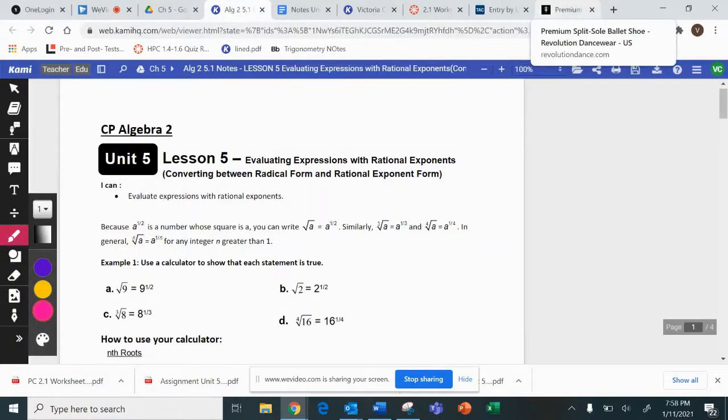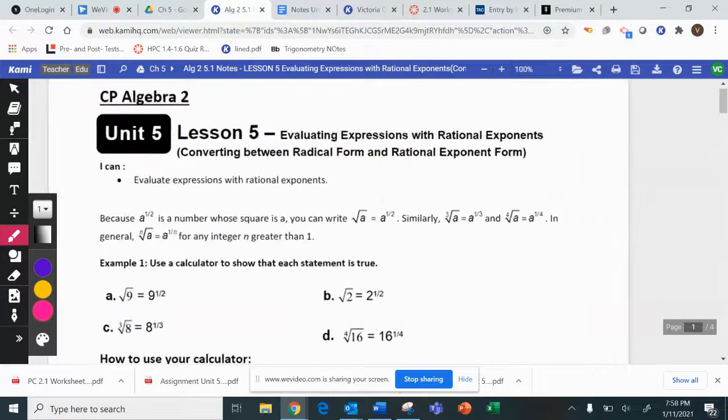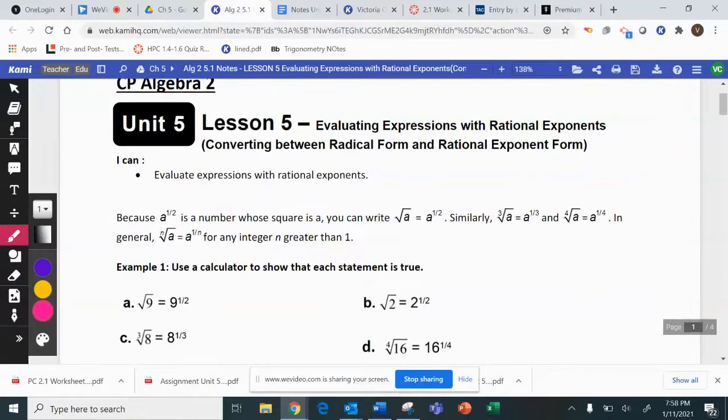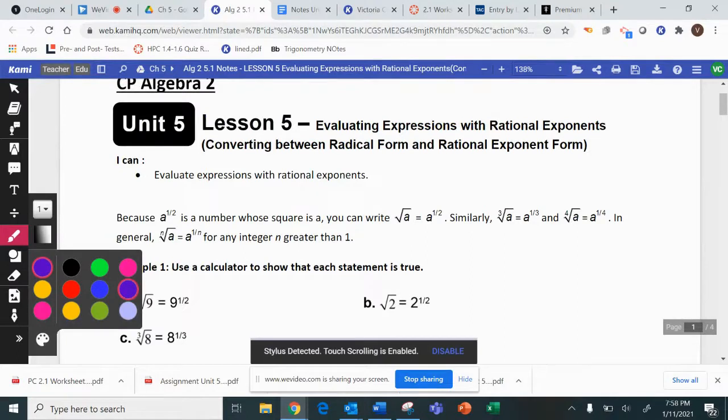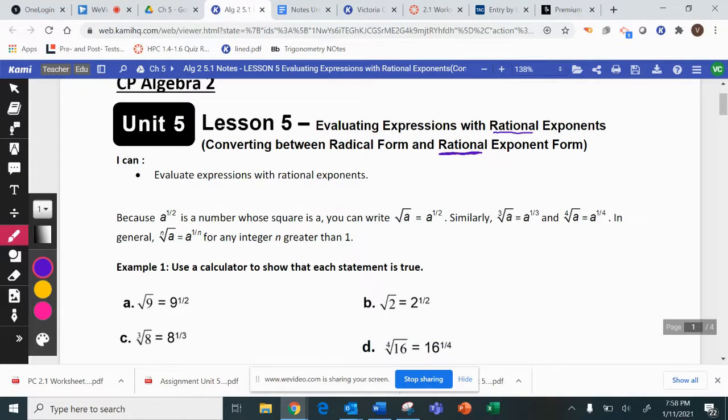Hello, Algebra 2. Our next lesson is going to be evaluating expressions with rational exponents and to convert between radical form and rational exponent form. Before going through any of those notes, I really need to call attention to the word rational. If we look at that word, the first 5 letters are ratio. And a ratio is a comparison